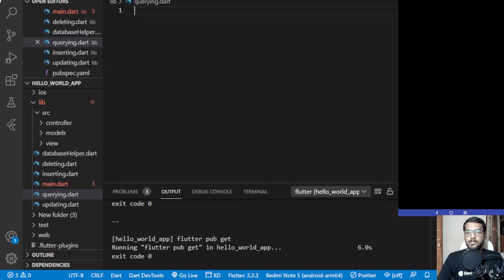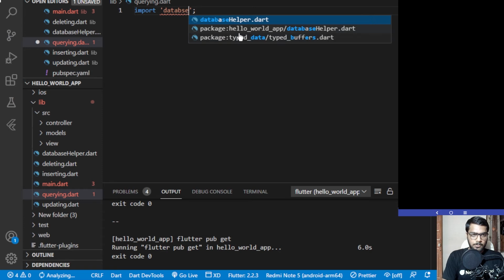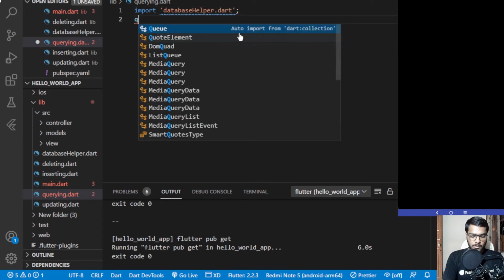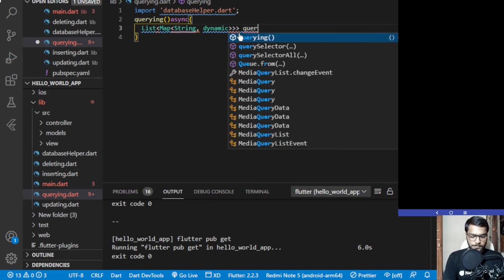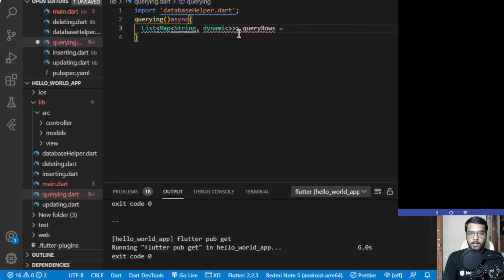Now going towards the querying file, the querying.dart, and importing database helper over here, querying, type async, and as we know that it returns a list of map data, so map, and inside the map also it is having string and dynamic, and the name of it would be query rows, and it will be having await.